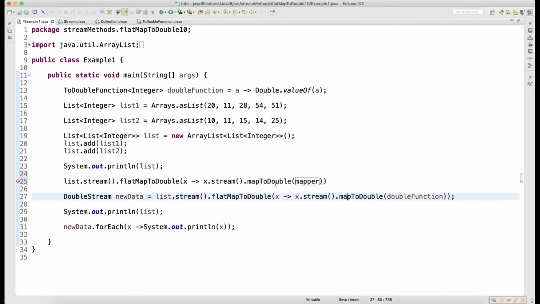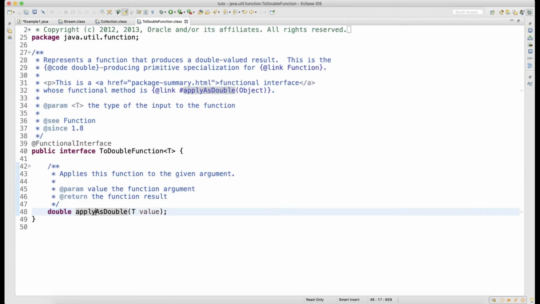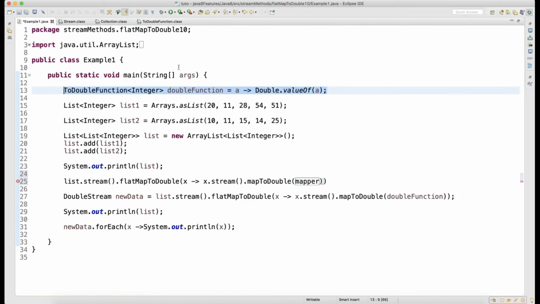So when you say mapToDouble, I need to have a ToDoubleFunction. Look here, I have written ToDoubleFunction. It's pretty simple and straightforward. It has only one method called applyAsDouble, and the return type is always going to be a double.